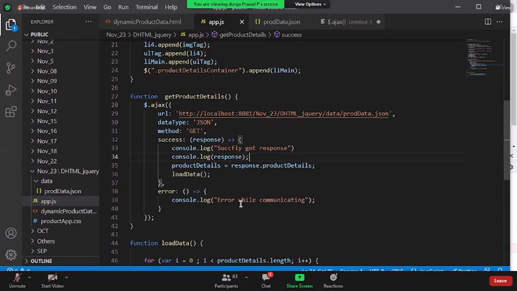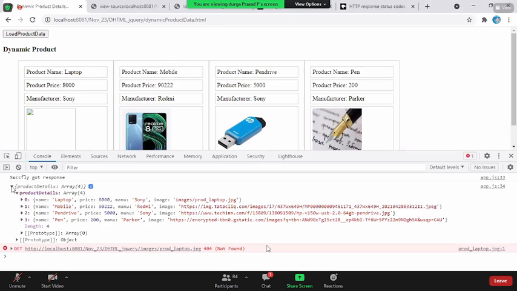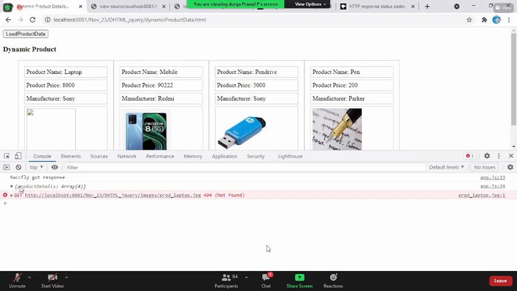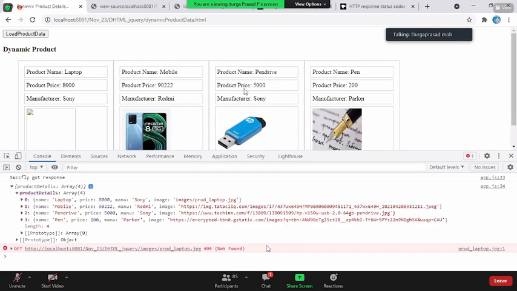Sir, could you explain the 35th line? Line number 35. Okay, so what do you mean by line number 35? Before this, see what response we received from the server. The response object has a key called product details, and under that are all the values in the form of an array. Server is throwing a response with a key called product details, and under that you have the array. Now, if you want to iterate, you need to work on this array.